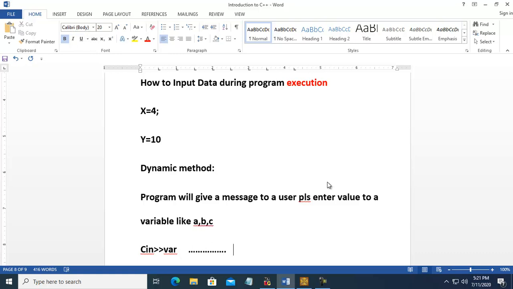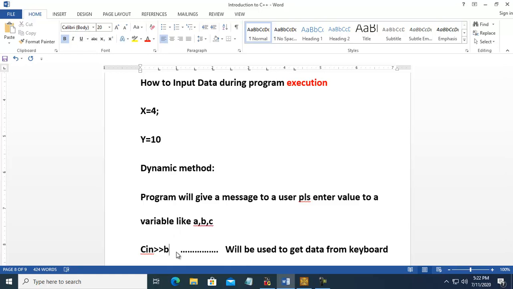This one will be used to get data from the keyboard. So cin, greater than sign, variable. Any variable you will use, like A, like B.